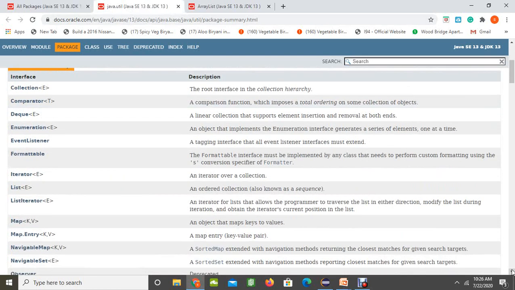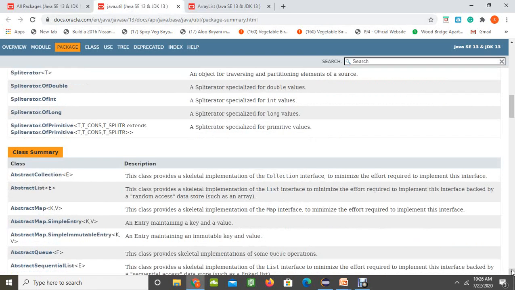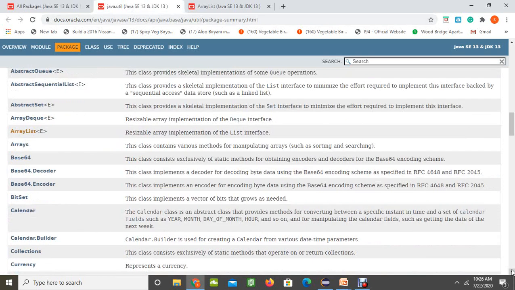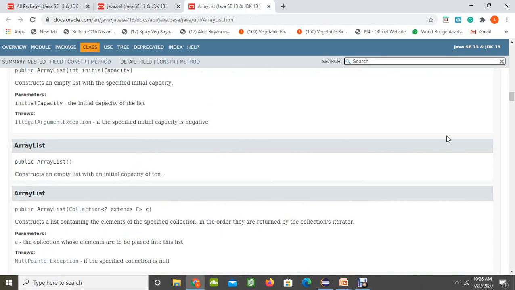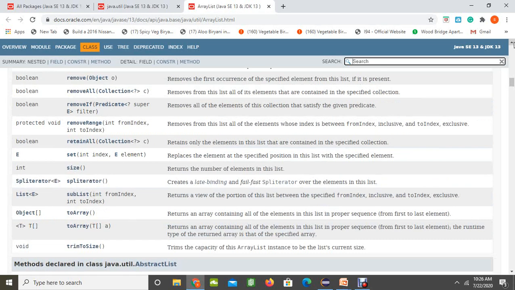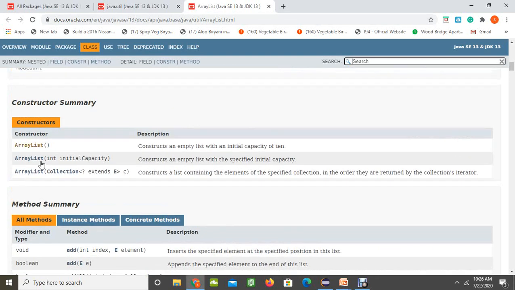We used List in our previous lessons, and we also have classes like ArrayList, Arrays, Calendar and many more. If you click on ArrayList, you can see all the methods and constructors that are available in ArrayList. Like this, you can research your classes, methods and all predefined packages.